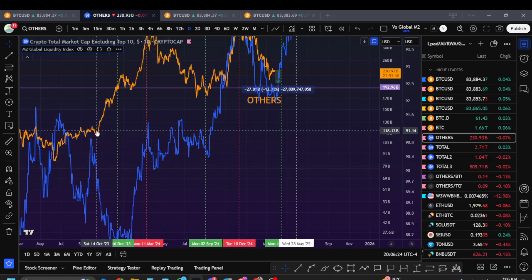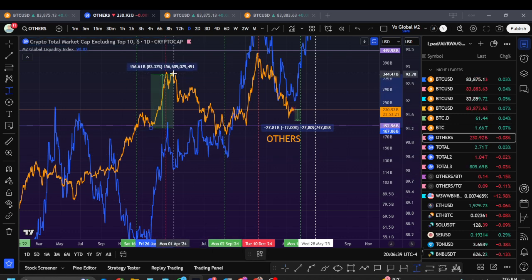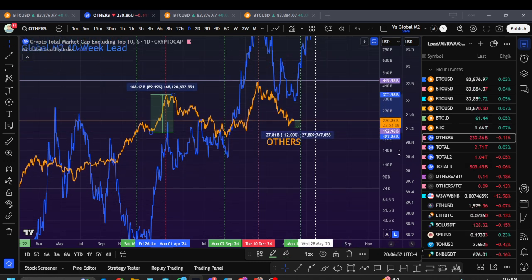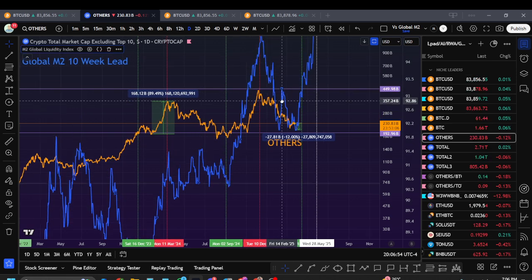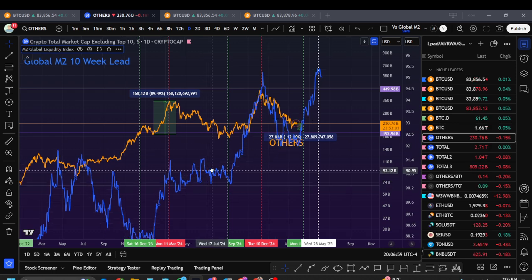It did really well from the bottom. It did this move, and from there up, did this move, which is almost 1x, almost 100% on others. So I guess we'll see. All we can do is try to figure it out. All right, I'm going to cut it here. It's probably 10 minutes long. I don't know.